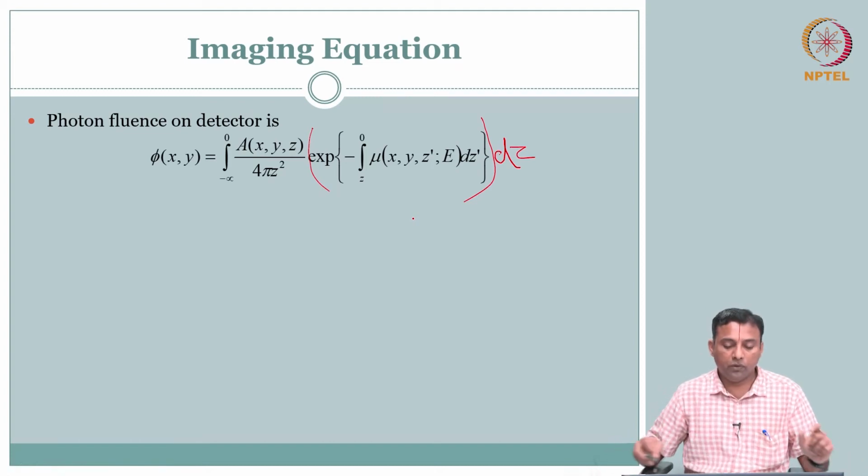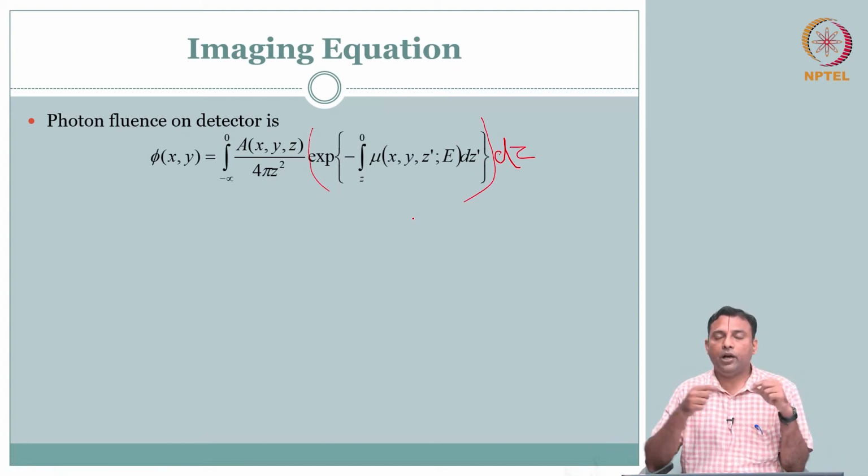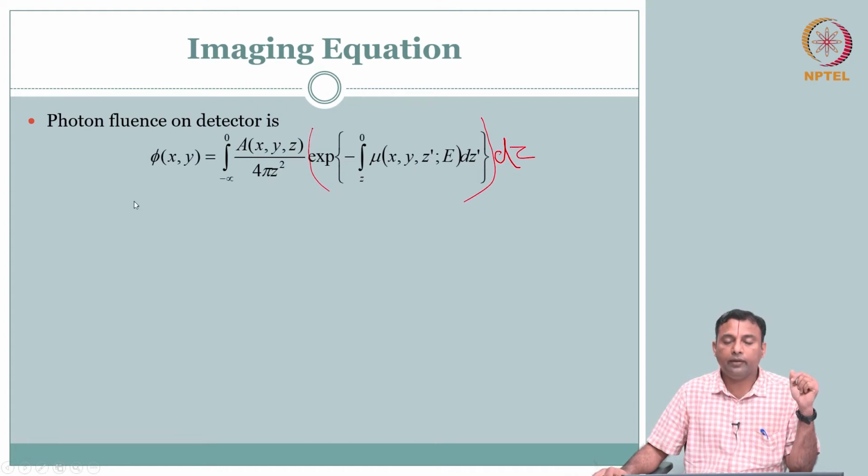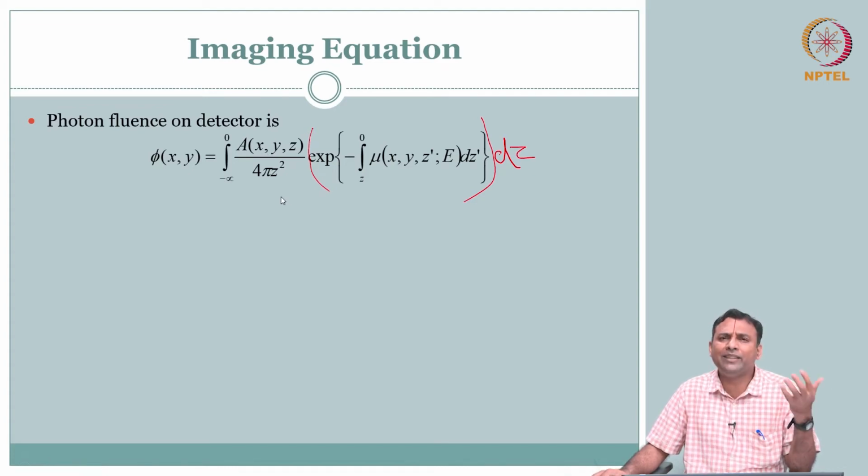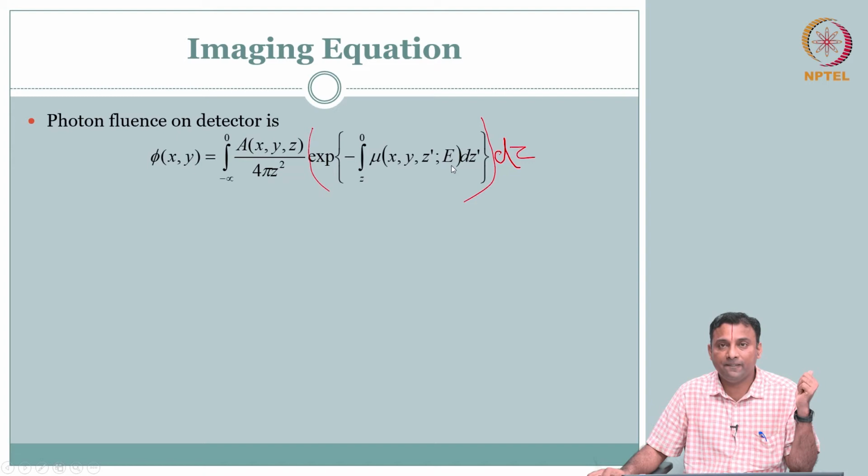Okay, so the idea is, you have along the line a thickness. So A of x, y, z is the source distribution. It looks very similar to your projection radiography, nothing fancy. The only difference is that in projection radiography it was a little more complicated. We had another integral for the energy levels, right.